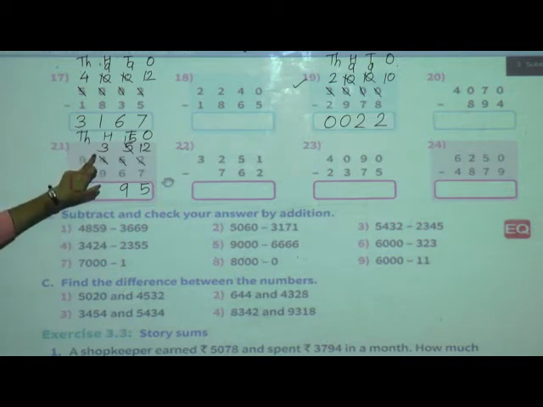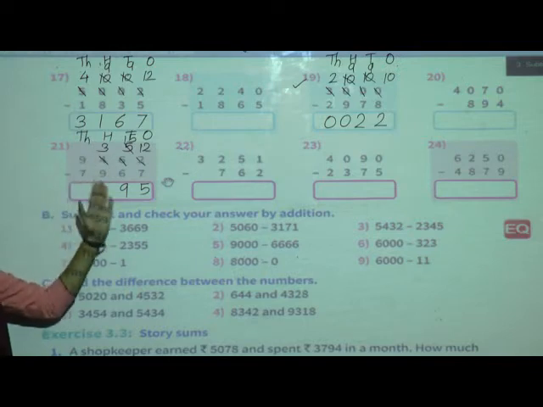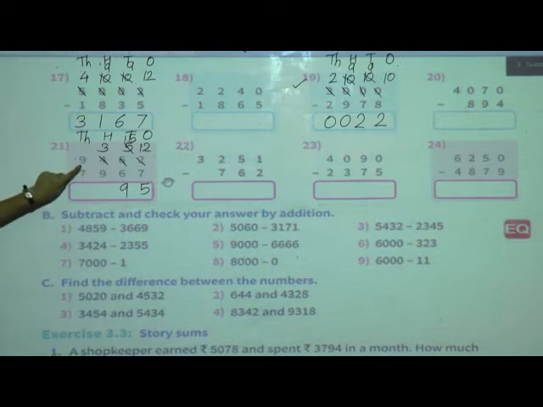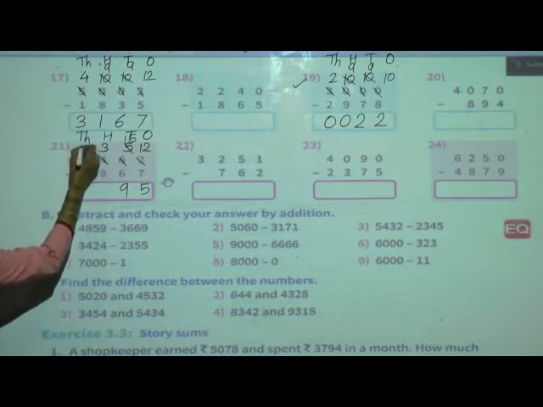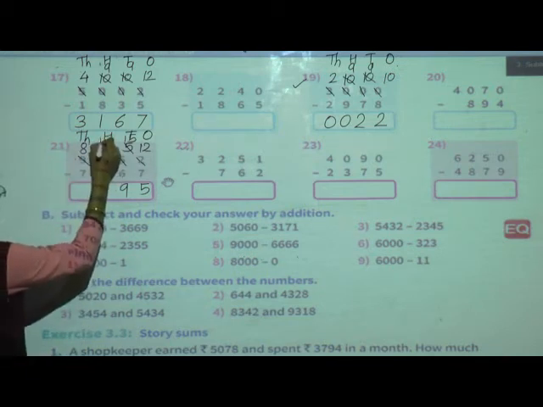See here, in the first number now there are 3 hundreds and in second number there are 9 hundreds. Again 3 minus 9 is not possible. So again we'll go to the next neighbor. Who is the neighbor of hundreds? Yes, thousands is the neighbor of hundreds. So take one borrow from this neighbor. Now this thousands is having 9. So we will take one from the 9. So 9 minus 1 is equal to 8. So we will write 8 here and this 3 will become 13.